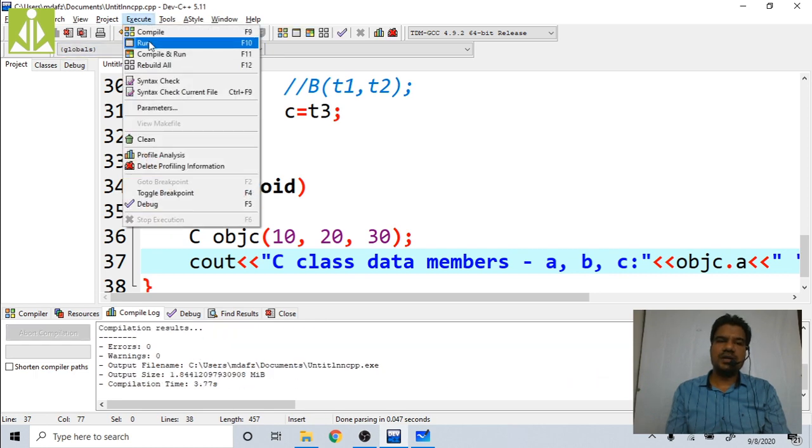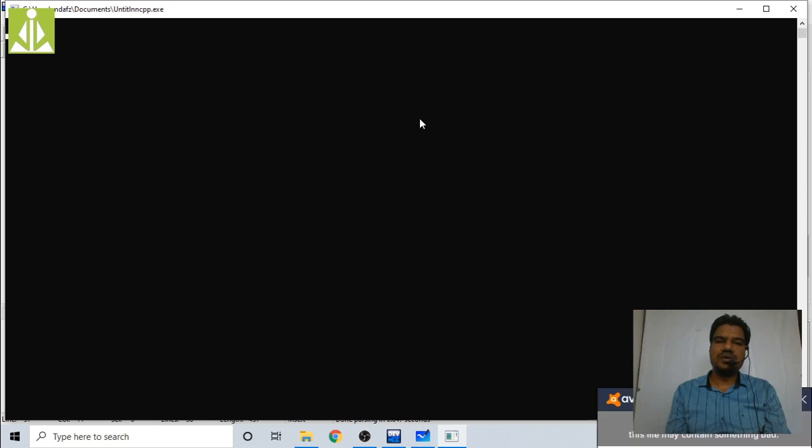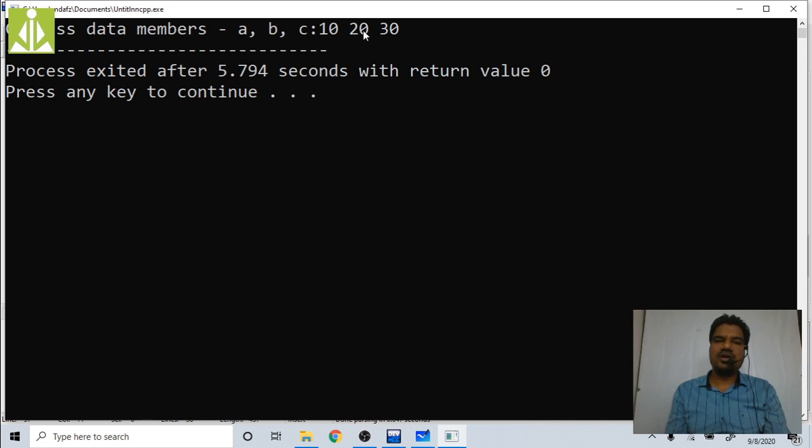Okay, compilation successful. Execute. Yeah, you can see the output. Whatever we are expecting, we got accordingly. So A value we got 10, B value we got 20, and C value we got 30. This is from the C object we are printing, because whenever we print A, B, C, we qualified the identifiers with object names. And the object name we have used is the C class object name only, because that is the bottommost derived class. And being the bottommost derived class, it inherits all the properties from A as well as from B.